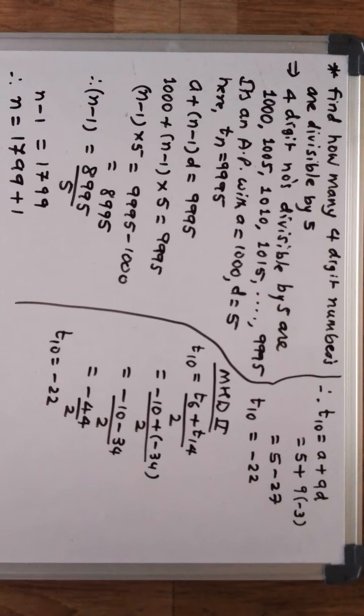Now you may be thinking, okay, if it was so small, then why did you waste our precious time doing this? The reason is this is applicable when you have the addition of two terms and the average of it equals the term required. But if it was told that term number 6 is given, term number 14 is given to you and term number 21 is asked, then you have to do this only. There is no other way. So it is better to understand both the things and then proceed.